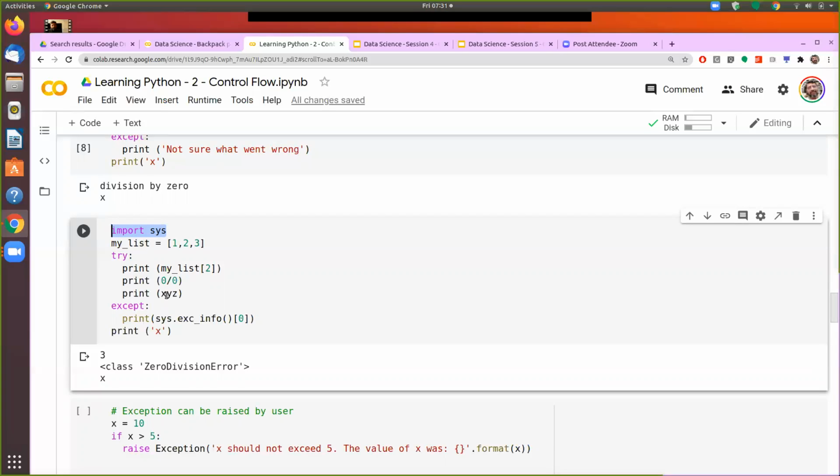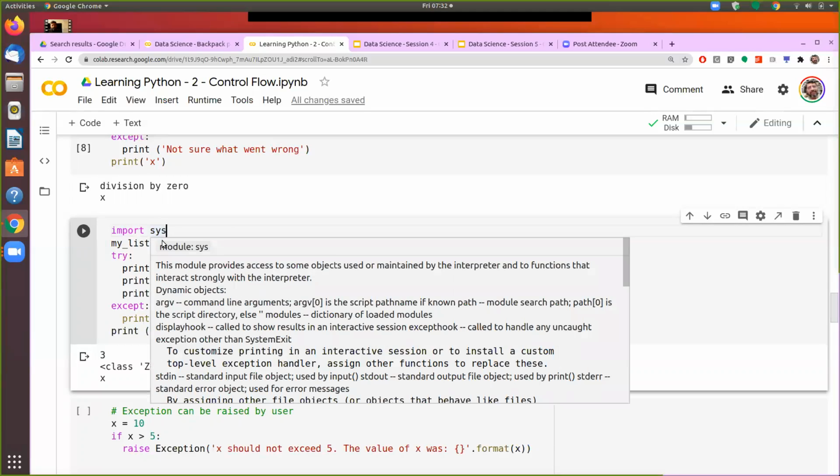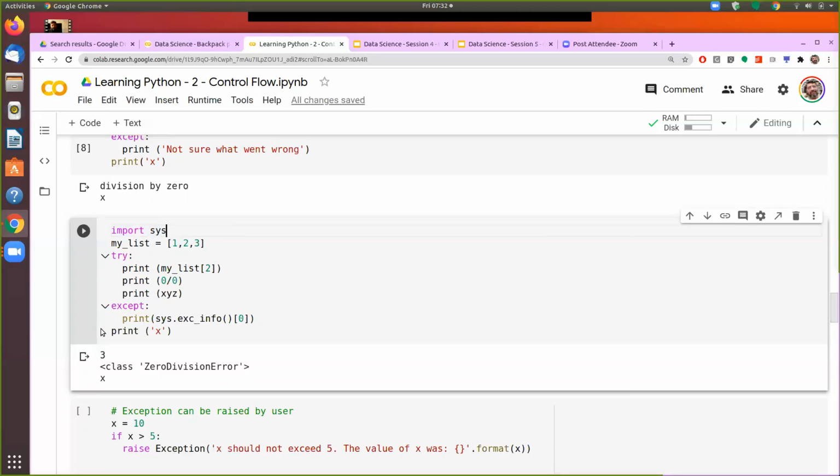So keep your eye on the different types of libraries that we would be using and different functions of the library that we would be using, so that whenever you have a need, you know that I need to import this library and I need to use this function from the library. So sys is one of the libraries in Python that you need to import if you want to use certain functions of that particular library. Is it clear?